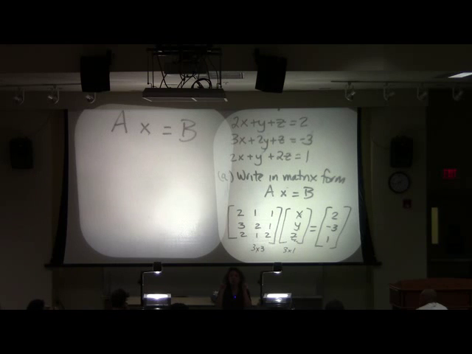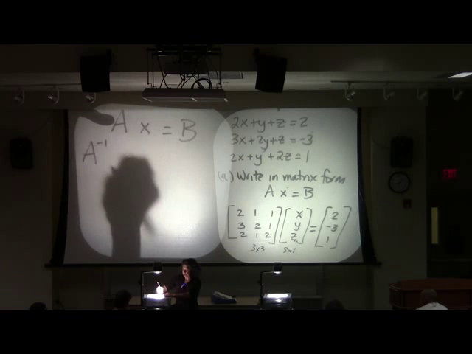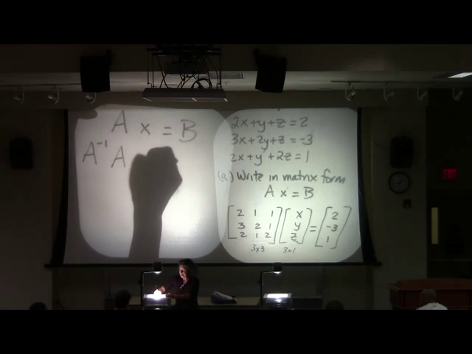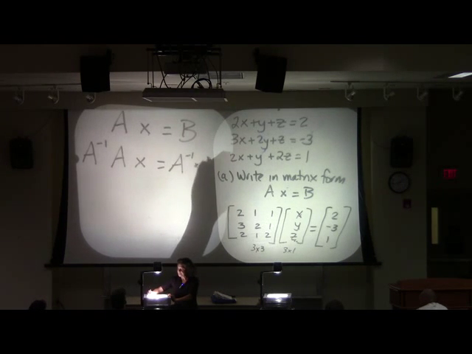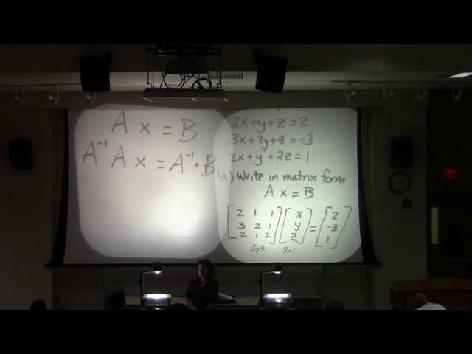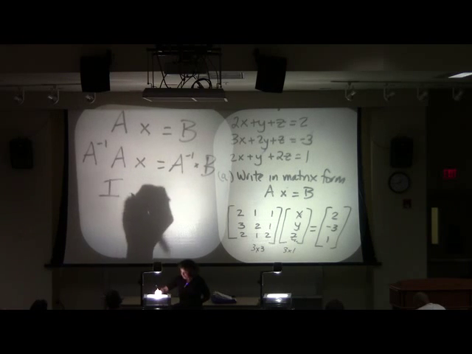So, here is what we do. We find our inverse matrix of A, and we multiply on our left side. But fair is fair. If you multiply on one side of your equation, you got to do it on the other side. You with me this far? I'm just motivating what we're going to be doing in our calculator. You okay this far? By definition, if these guys are matrices that are inverses of each other, what is A inverse times A equal to? 1, or our identity matrix.